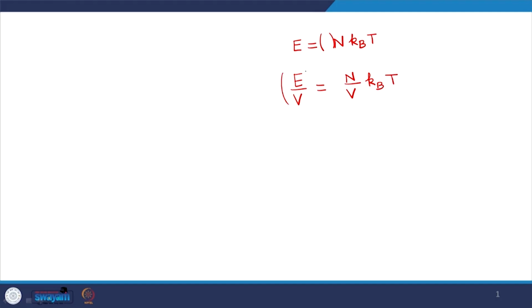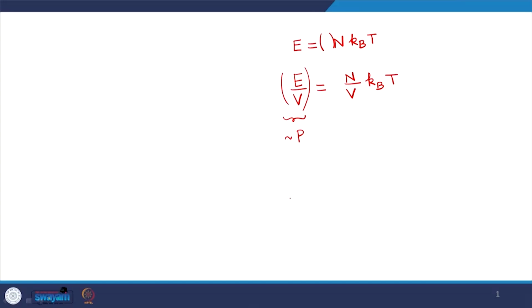And if you think of the energy by volume, this will have the same unit as pressure, because energy is force multiplied by length. So, energy by volume will be something like force by area, and force by area is equal to pressure. So, this I can say should be something like pressure. That means, pressure should be